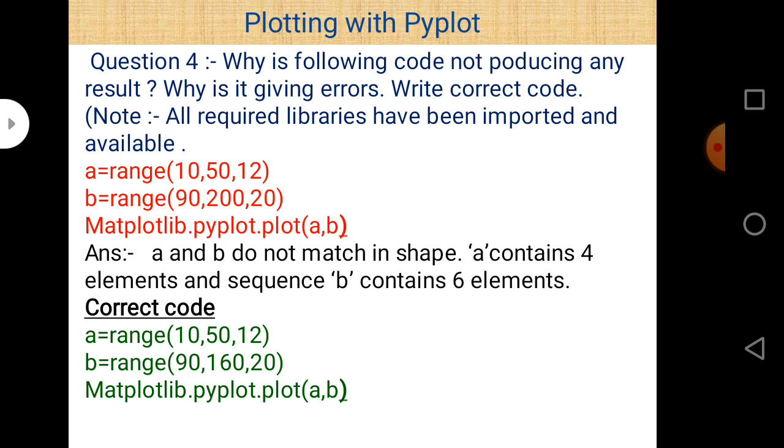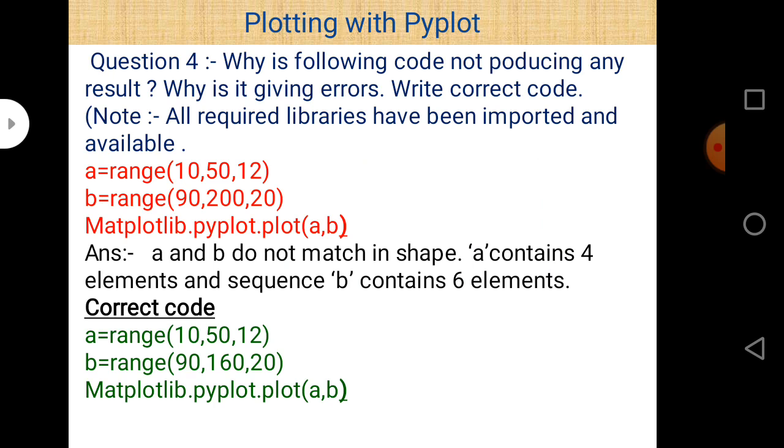It means we know that if you want to use the range function, then the numpy library should be used, and for the matplotlib.pyplot plot function, the matplotlib.pyplot library should be used. So these libraries are part of this program that is already given. What we have to do in this question is, first of all, find the error in this code, and second, write correct code. So let us take it line by line.